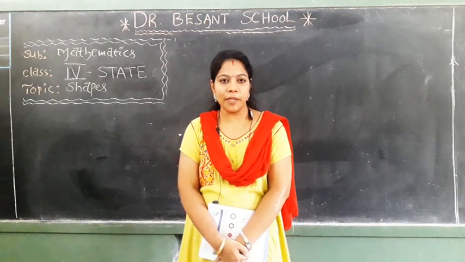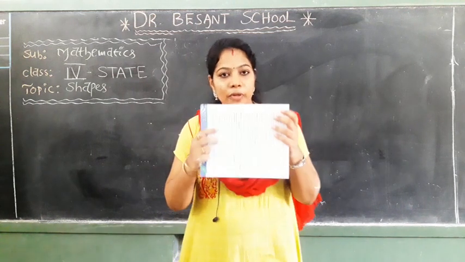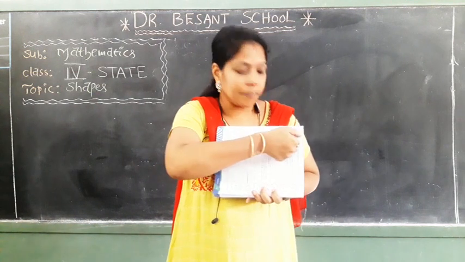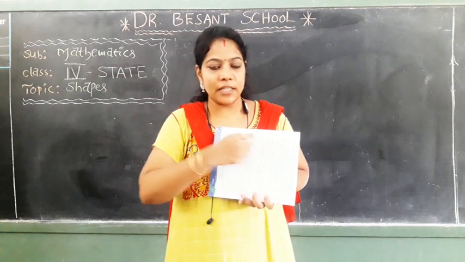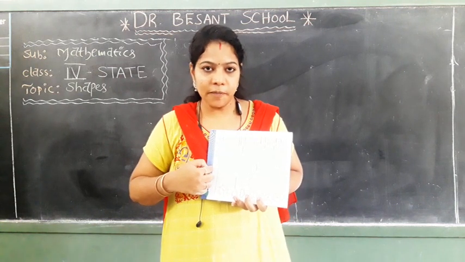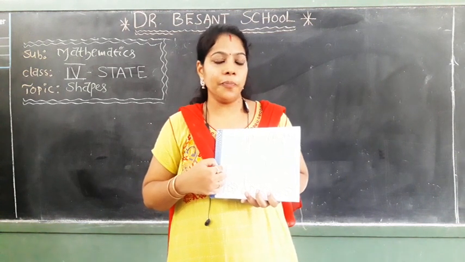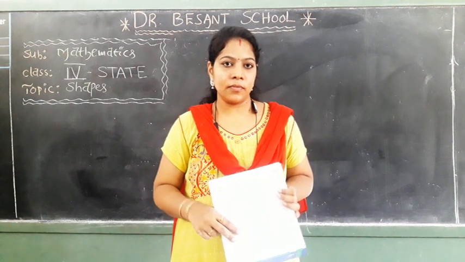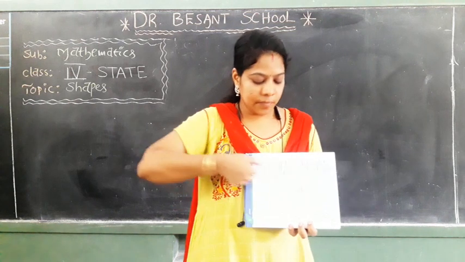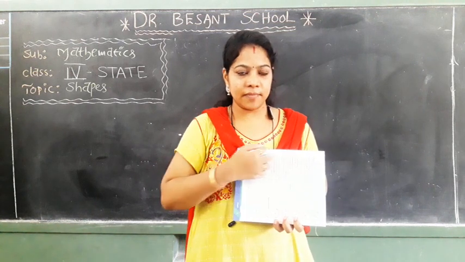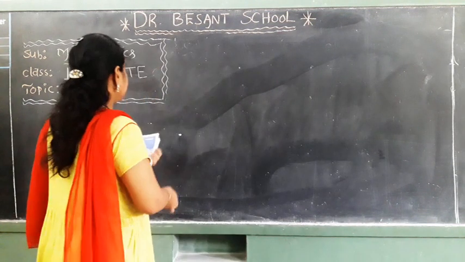Everyone have the books of CW? Take one white notebook, keep the book like this, and put the margins: one margin here, one margin here, and one margin here. You have to draw 3 margins. Take the white notebook, keep that book as the math CW, draw the 3 margins here, here and here, 3 sides.